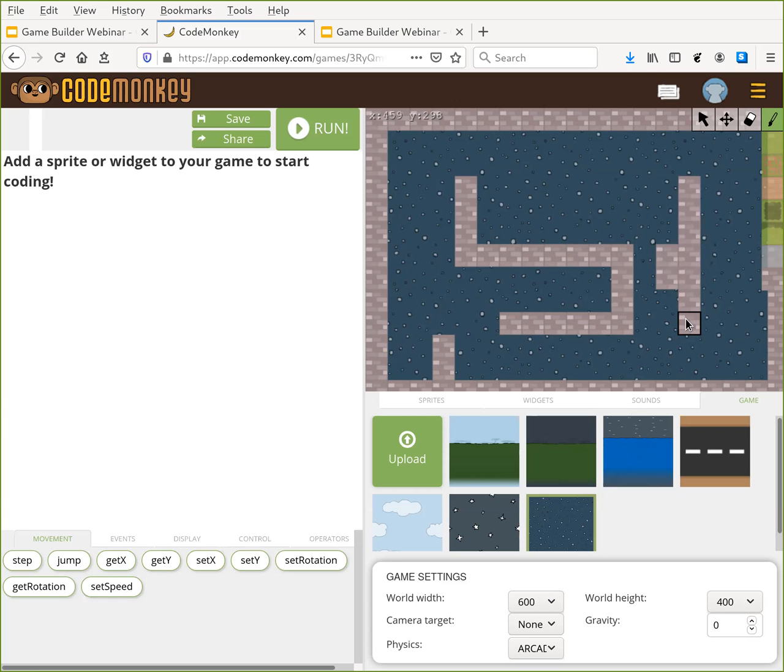Oops, did not mean to draw it there. I'll fix that in just a second. Use the eraser tool. Now we can make this a little bit more interesting and complex if we wanted to, but just keeping things fairly simple for a beginner game. That's a decent little maze for our guy to run around in. Of course, we don't have a little guy to run around in it yet, but that's coming very soon.